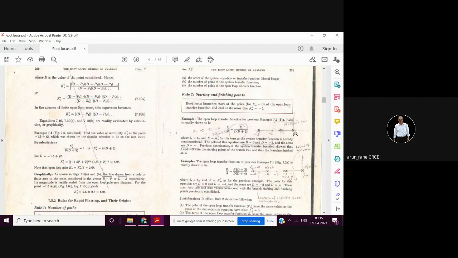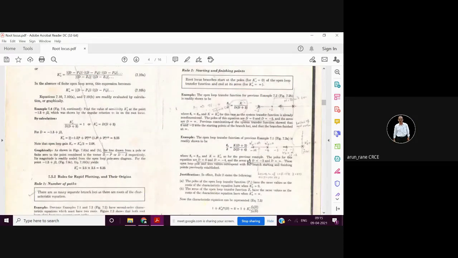Okay. So now one branch. Now this is 0, isn't it? So this indicates there is an infinite zero. So it will start from this pole and end at the infinite zero. So you have to show this by an arrow. Then again here it will start, this is a pole, and end at 0. So like that you have to show. Take one more example.